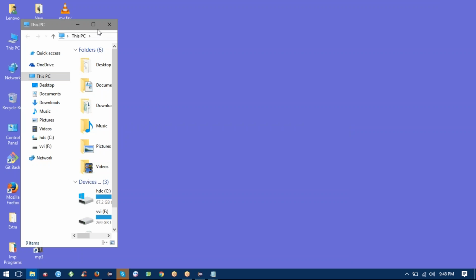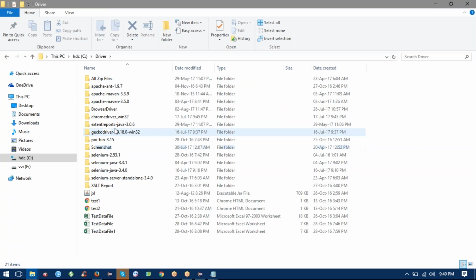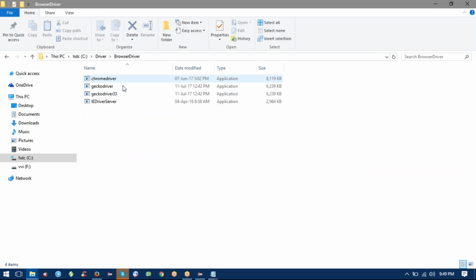I have kept it in my C drive, in the driver and browser driver folder. You can see I have placed all the browser drivers in the common folder, and right click,